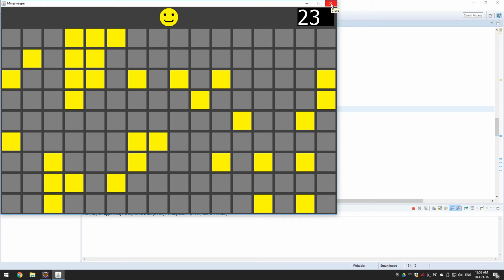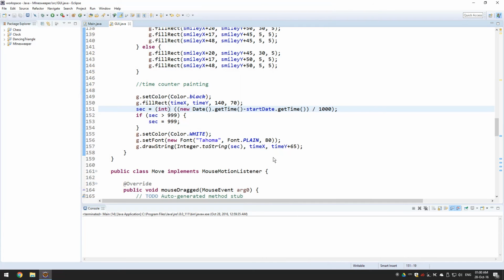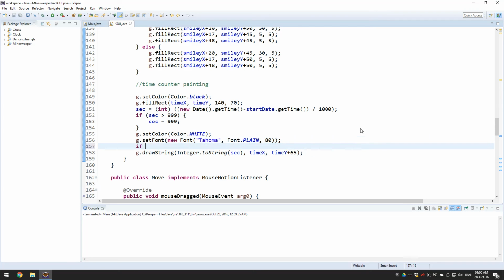So what we want to do is display a 0 in front of the numbers when the number is less than 100. So what we're going to do here is, if sec is less than 10,